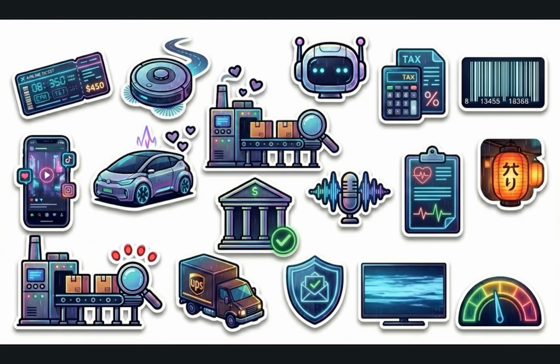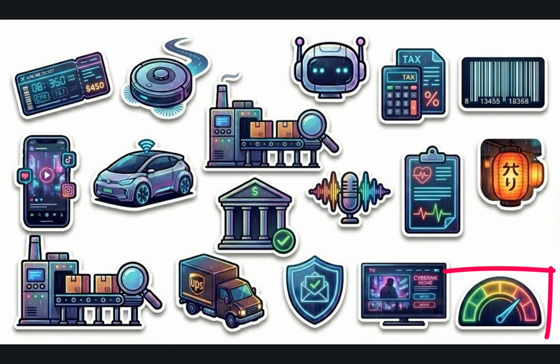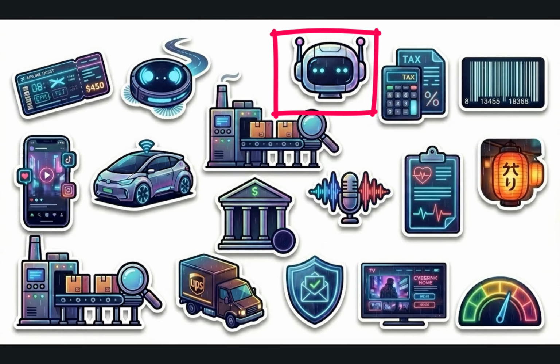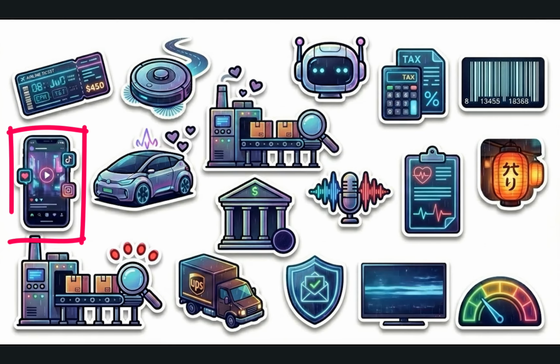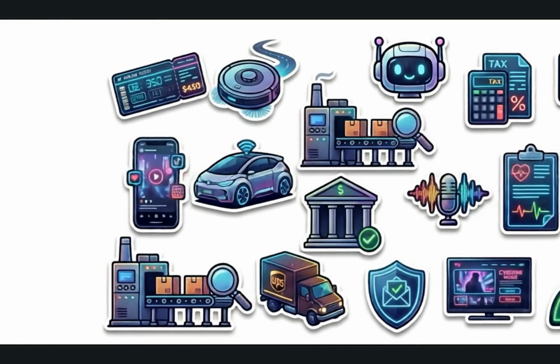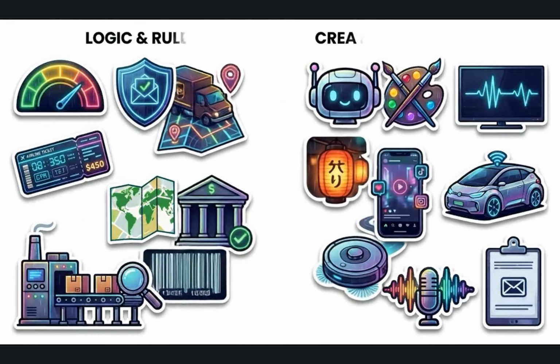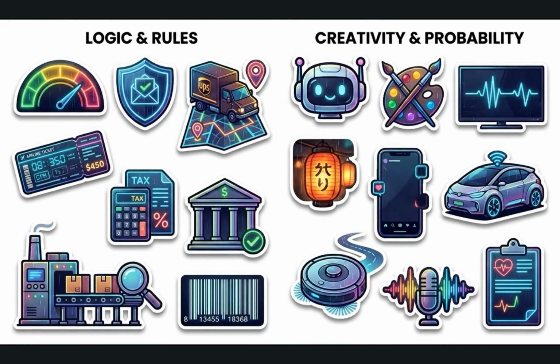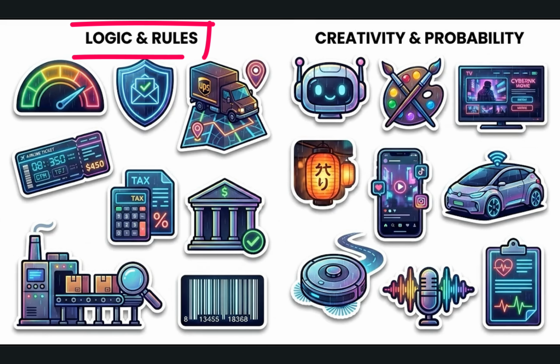AI powers all sorts of stuff. It powers our credit score. It powers our facial recognition on our phone. It powers our chat messages with ChatGPT. It makes videos. But if you look under the hood of all these, there's actually order. We can split every single one of these AIs into two distinct model behaviors, the rule followers and the risk